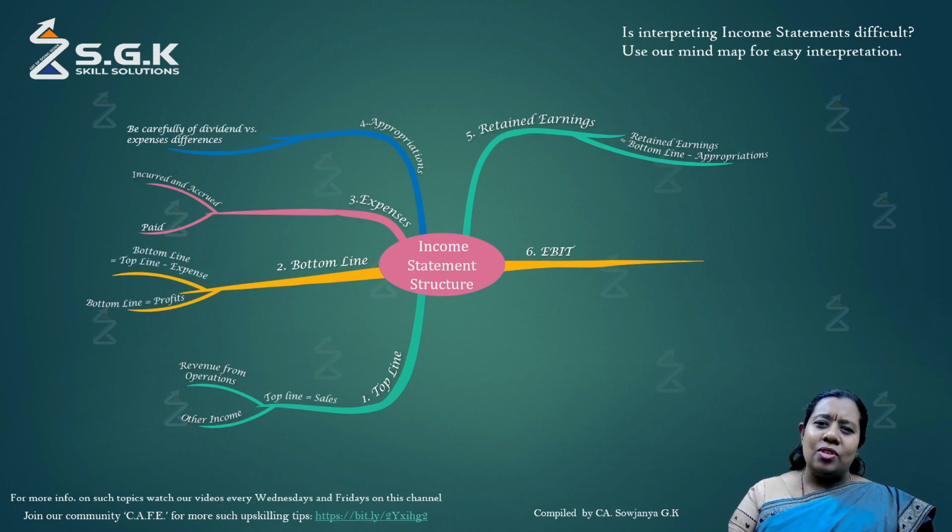Because tax and interest are not operating expenses. We don't have to spend or pay tax for the purpose of running the business; we pay tax on the profits earned. In a sense, EBIT would be arrived at by adding back the interest and the tax component to the bottom line. Hence, it's also expressed as an operating profit. So this will help us to understand the bottom line in an appropriate manner, only from operations,